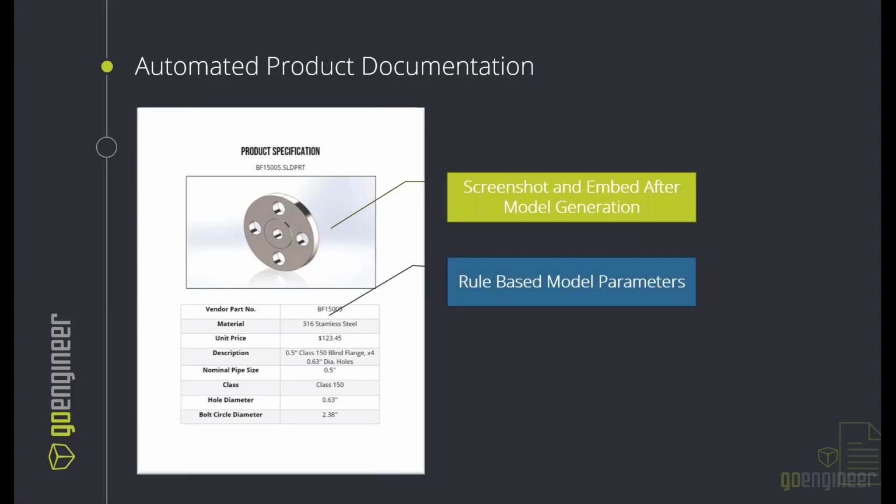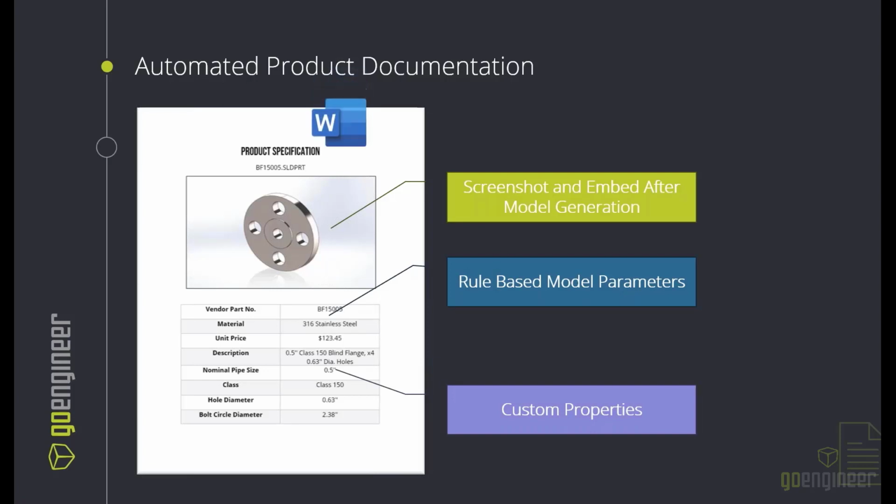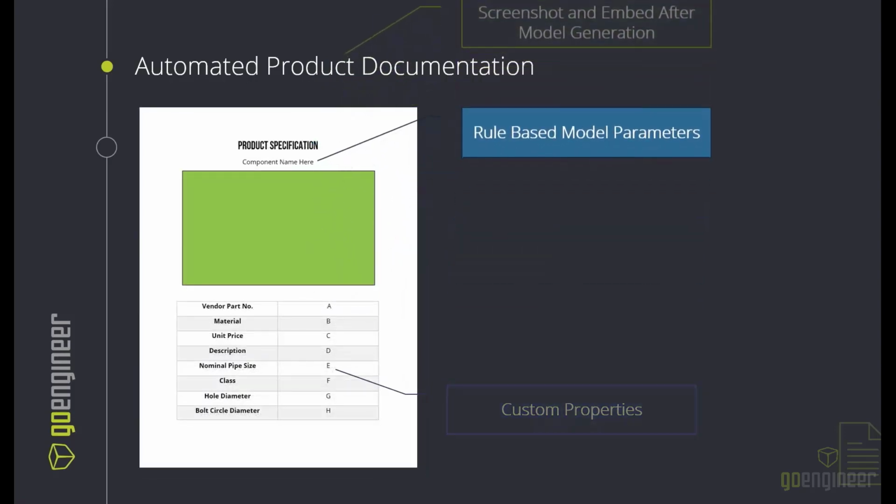We'll be able to create rule-based model parameters and custom properties and map those to things on this spec sheet. And we can export those as Word documents, as PDFs, or HTML documents. Well, actually, not with the images, but